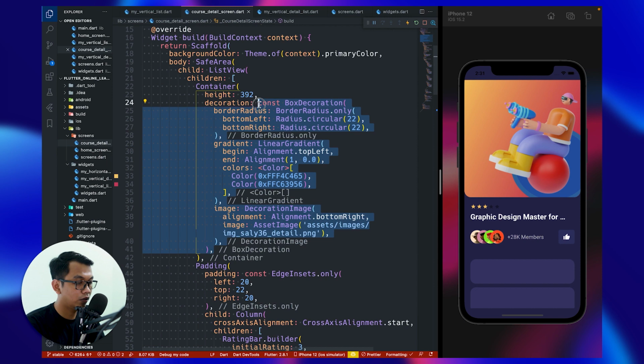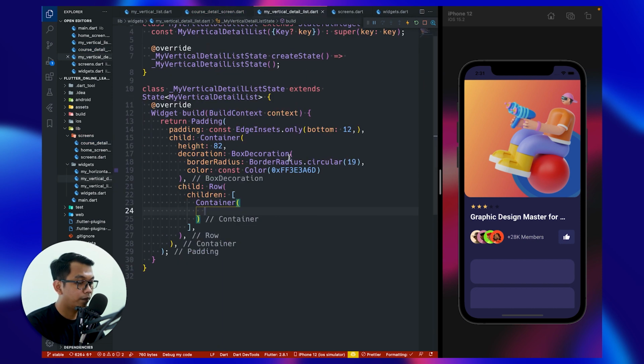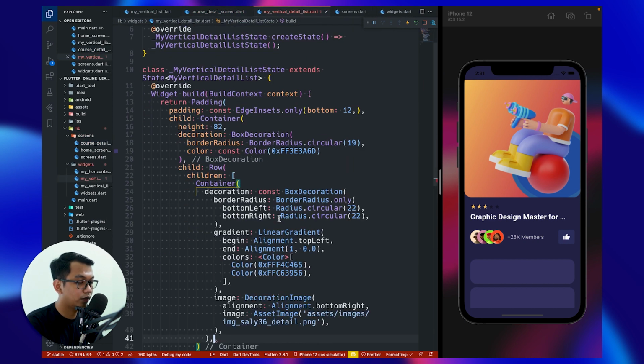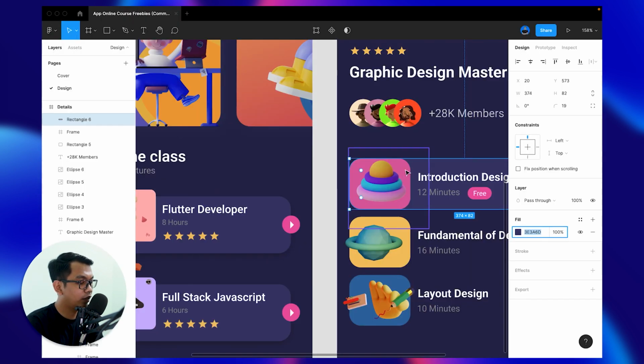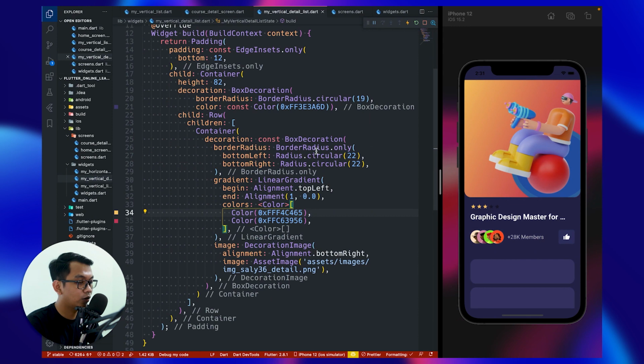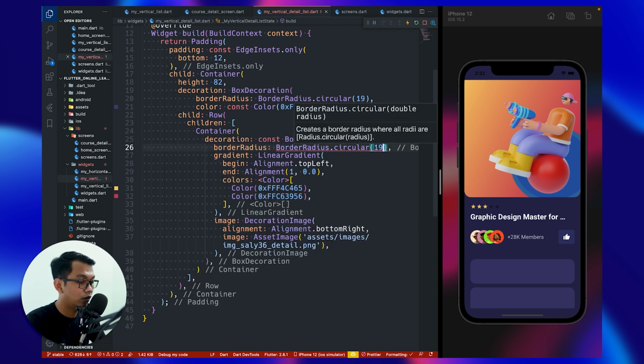Just copy this. And decoration, paste here. And we just need this. I think so. Change to circular 19. We don't need this gradient.